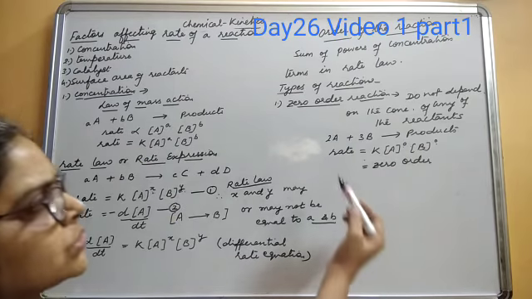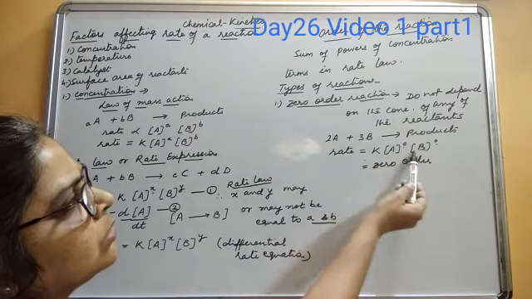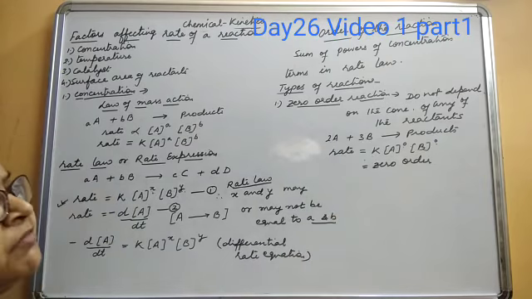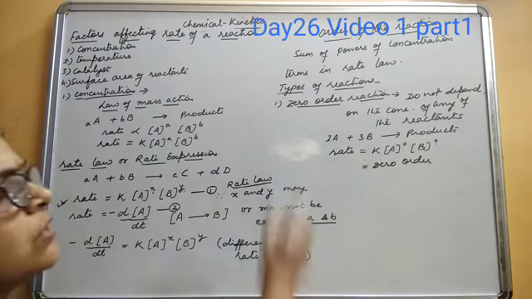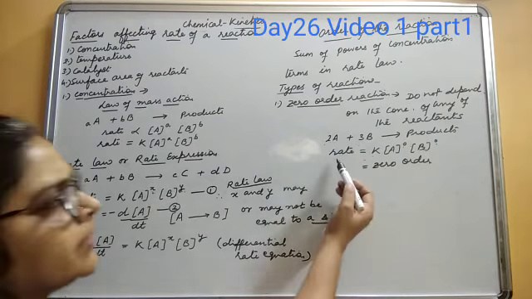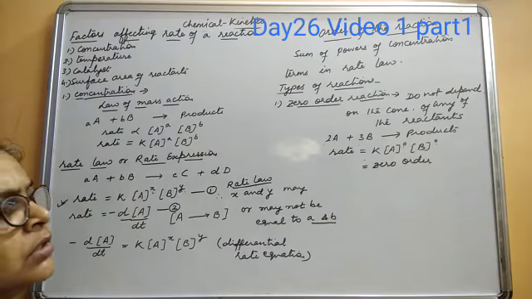According to the law of mass action, yes, its expression can be written as rate equal to K A to the power 2 and B to the power 3. But when the reaction rate does not depend on the concentrations of any of the reactants, then in the rate expression we write 0. So this will be a zero order reaction.